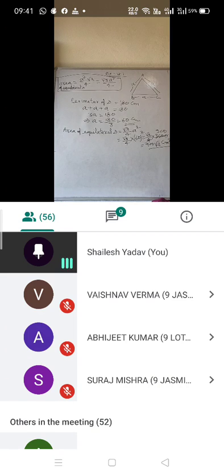Now students, that is the question related to the equilateral triangle. So here you got a very important formula: area of an equilateral triangle will be root 3 by 4 a square. That is a very important formula that you need to know, and you will apply it in the case of an equilateral triangle. Any other students having any kind of problem?